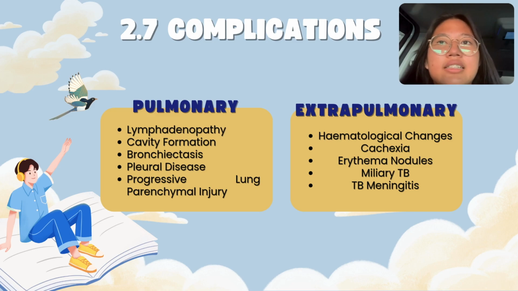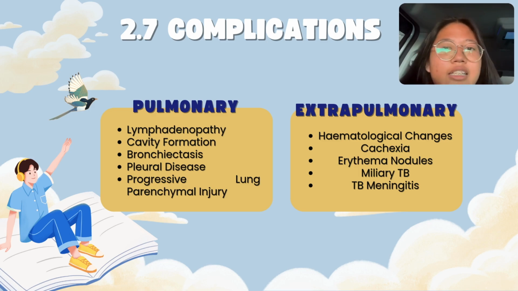So, TB in child leads to both pulmonary and extrapulmonary complications due to the body's immune response and the bacteria's direct effects. Pulmonary complications include lymphadenopathy, where swollen lymph nodes in the chest restrict airways, cavity formation, where lung tissue disintegrates, creating air-filled cavities that harbor bacteria. Bronchiectasis occurs when long-term inflammation damages airways, leading to mucus buildup and recurring infections. Pleural disease causes fluid or pus accumulation around the lungs, and progressive lung parenchymal injury that may result in irreversible